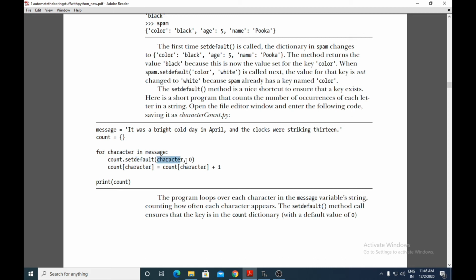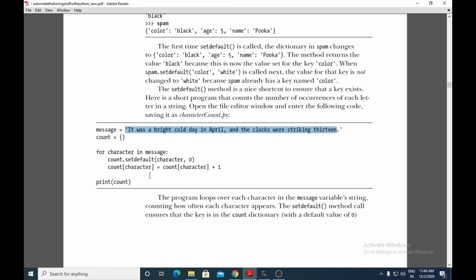For that character you use 0, initially setting the character key to 0. Then go on counting the character by adding 1 to it and updating the count every time as you pass through the message.